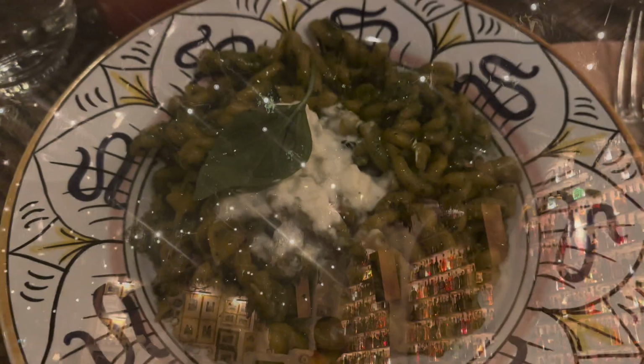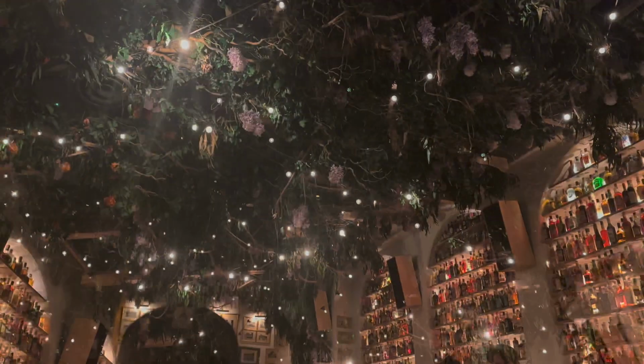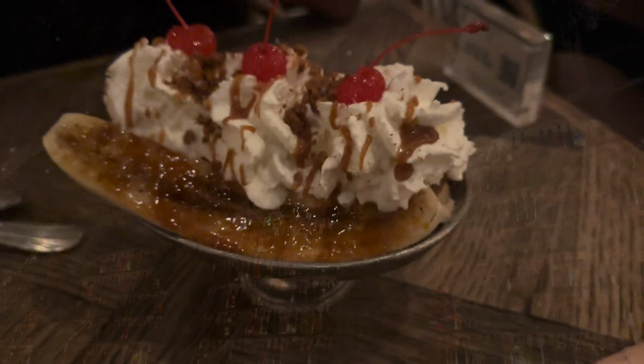I ordered a Bellini drink, and the inside was absolutely beautiful. And I ordered a pesto pasta. Ernie got the lasagna. I really wanted to eat here again because it was actually pretty affordable and the food was really good. However, the next reservation that they had was on Monday, and we were leaving on Sunday, and